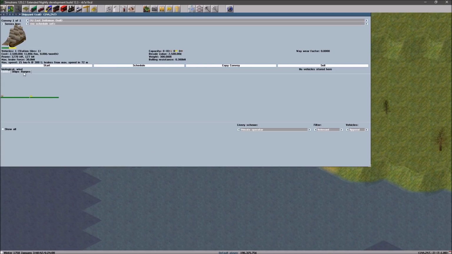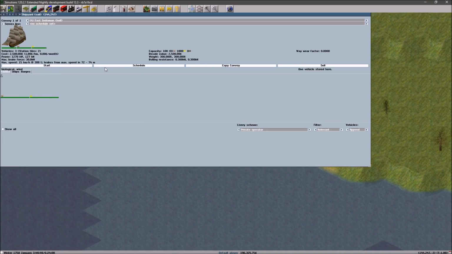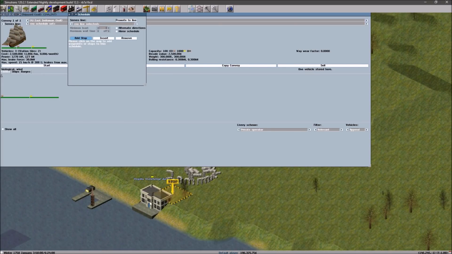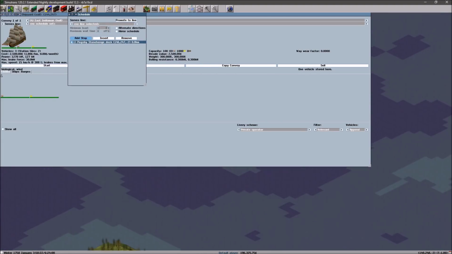We can make it a mail boat. We could make it, I guess, a livestock boat, a goods boat, that kind of thing. So we're going to make it a people boat. Can I do multiple? I could. So I can do people, I can do mail, that kind of thing. We can do people and mail. Now you're going to sail from here all the way over to...